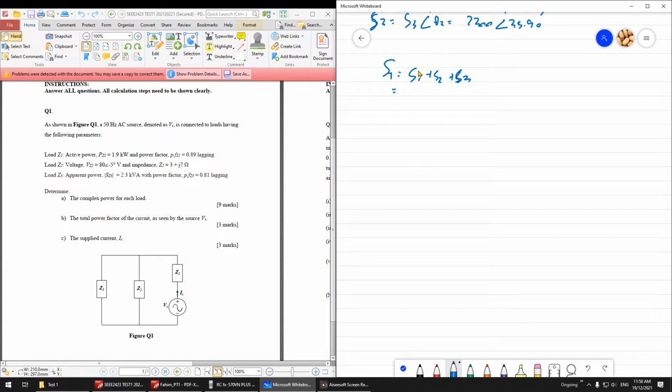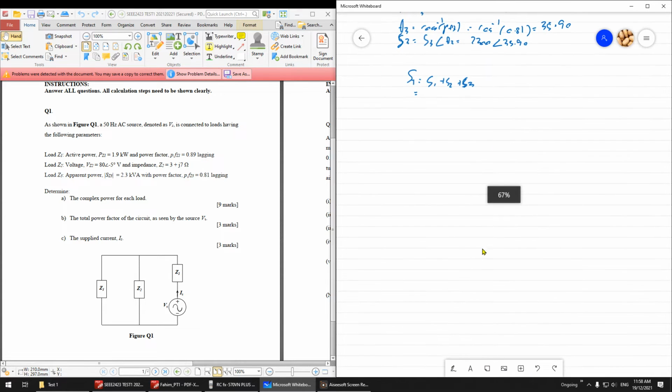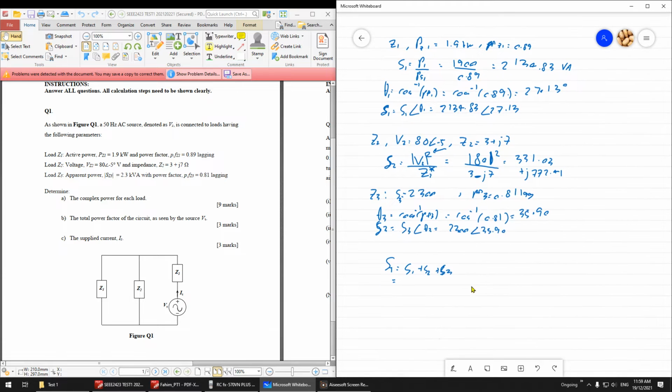Let me check first. S1 is here, 2134.83 angle 27.13, plus S2, which is this one, 331.03 plus j772.41, and then plus 2300 angle